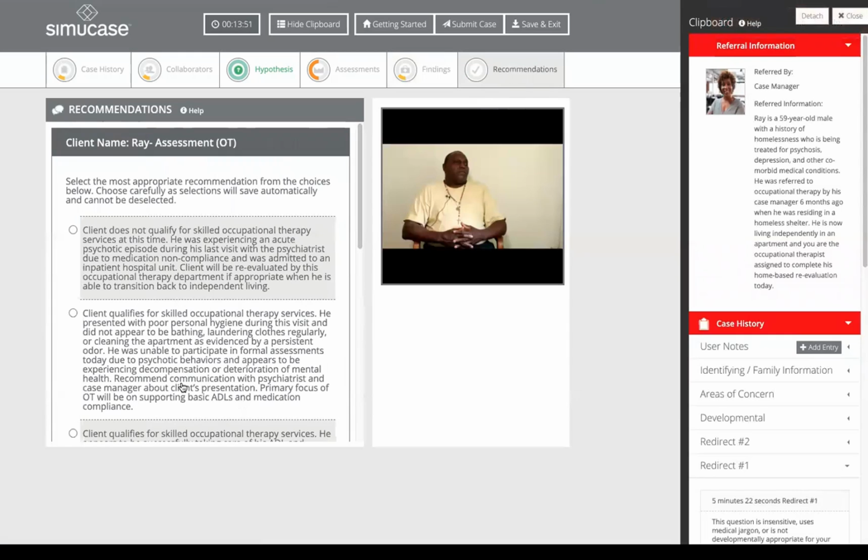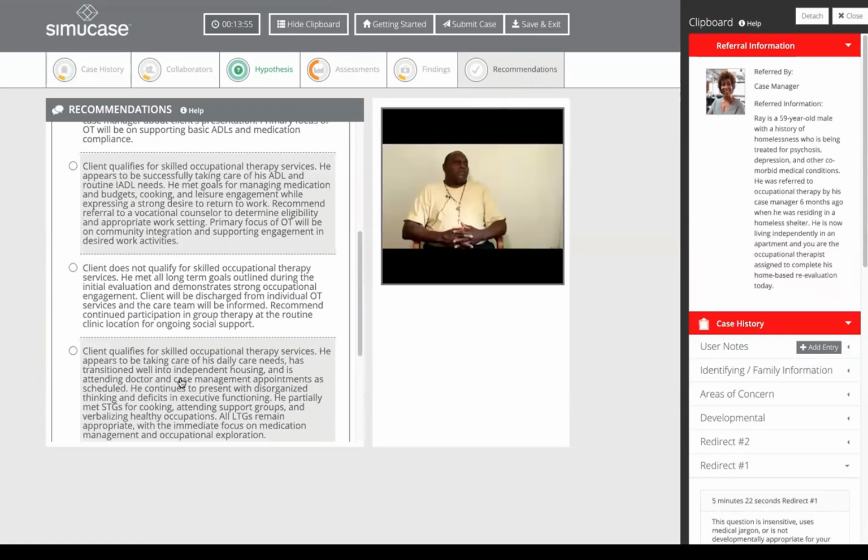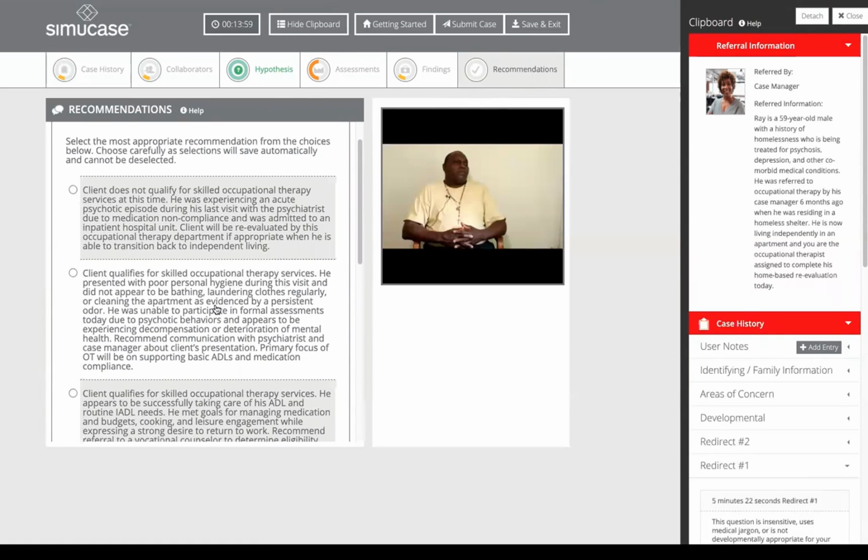In the recommendation section, we will choose the best recommendation for Ray. And when we select that recommendation, our progress meter would fill entirely. But if we select incorrectly, we would receive no progress. You can see here that we need to select carefully because the selection will be automatically saved and cannot be